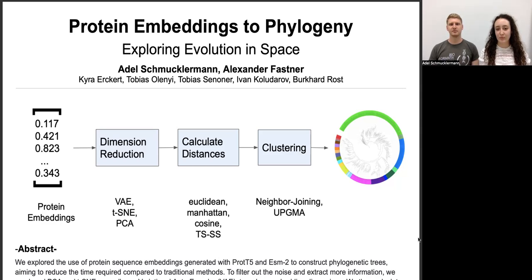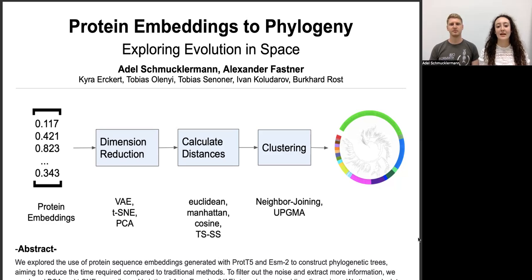So we took proteins from unit class 30 and unit class 90 and took the sequence similarities and correlated them with embedding dimensions. And indeed, we found that some dimensions of the protein embeddings correlate with the sequence similarity of the proteins. So we took the Prot5 and ISMB embeddings, applied dimension reduction techniques such as variational autoencoder, t-SNE, and